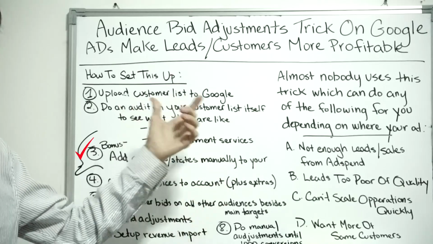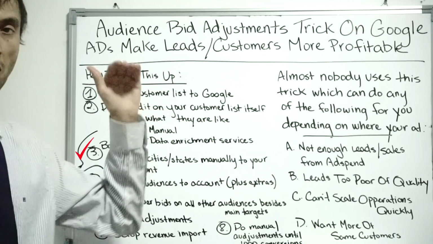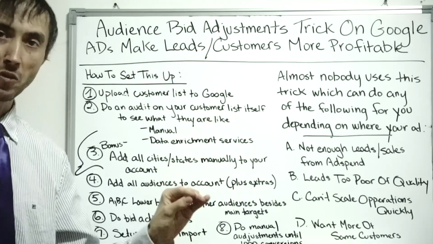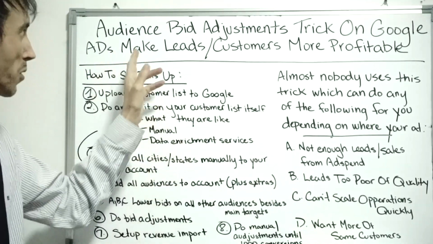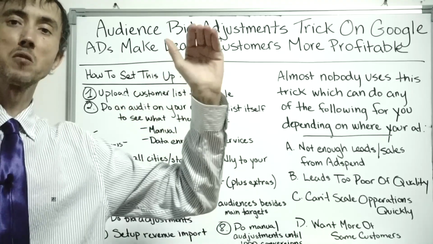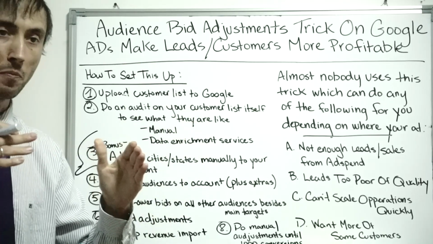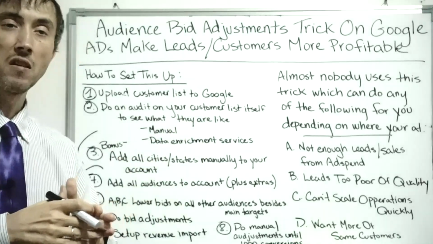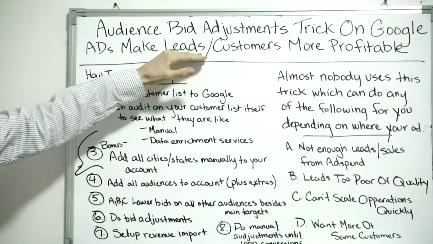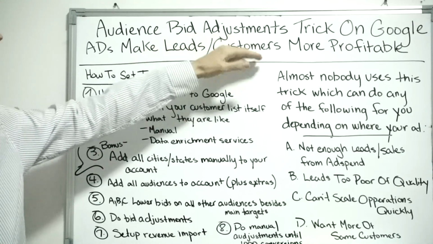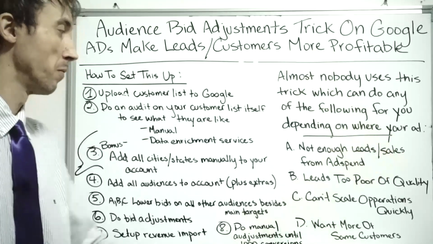And the name of the game is, the more data that you build up in your account, the more accurate these adjustments get, the better your results could become. Either to get more sales, or the sale is going to be cheaper and cheaper on an ongoing basis, depending on what you value, or, as per the topic of the video, you can charge the customers more because you're getting a higher and higher bead on the people that will spend more money. So it'll get a lead to be more profitable because you get the right leads in, and you get a customer to be more profitable by getting the people that are willing to spend more in and through your system.